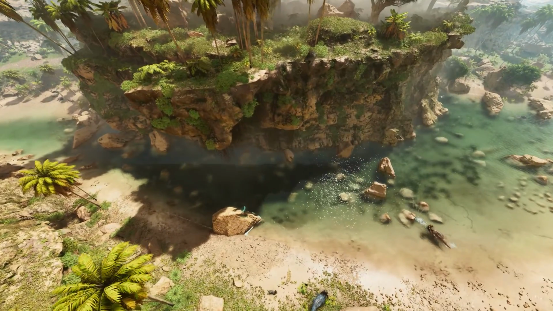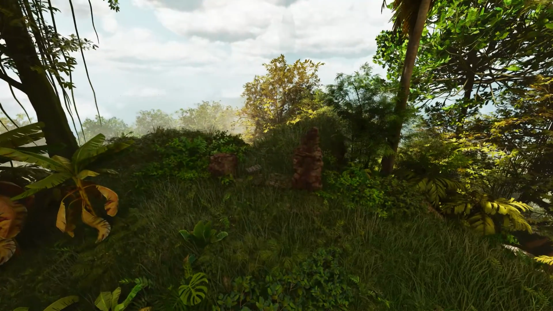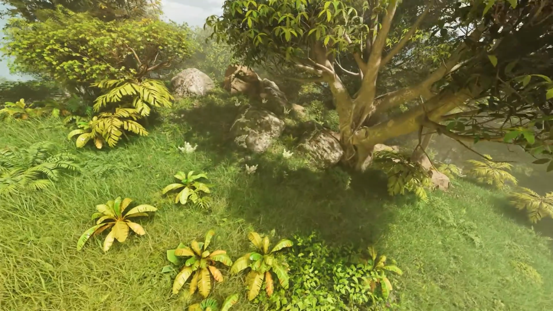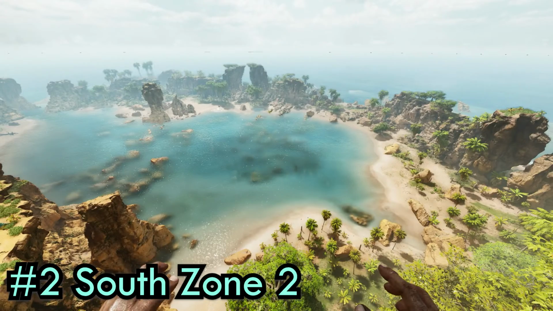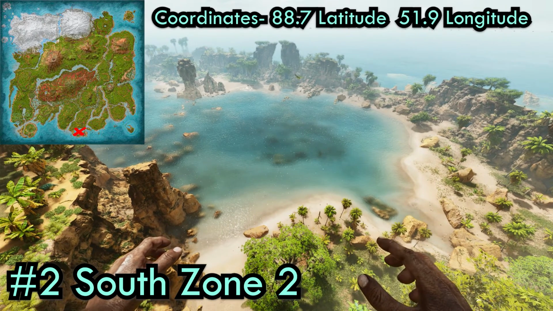There is also a small area to have some small water tames. The best part about this space is at the bottom of a small mountain that contains an explorer's note along with metal and crystal. I've used this place many times as an outpost area and even when I was first starting, and lived here a while as well. That is number 3. At number 2 is the primary spot for South Zone 2 spawns, located at 88.7 latitude